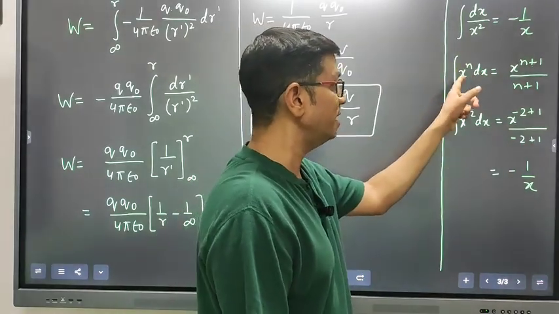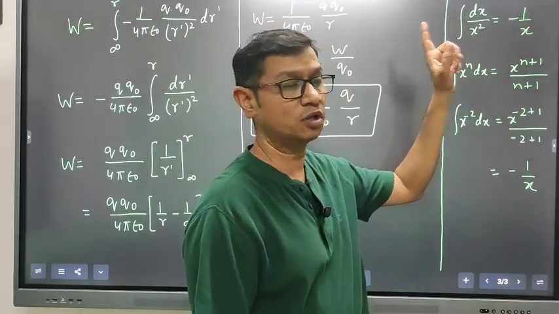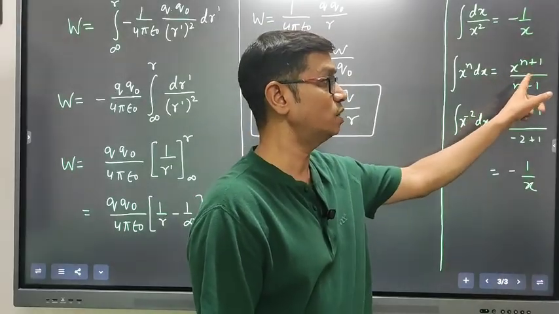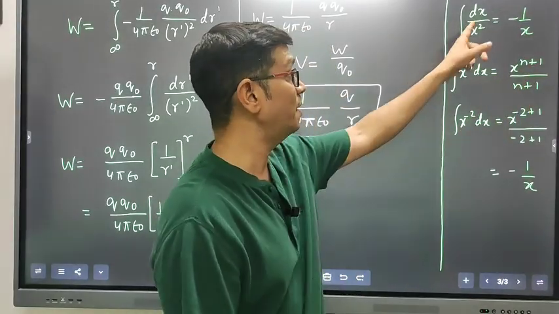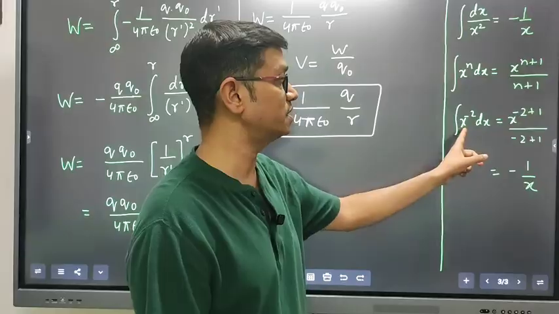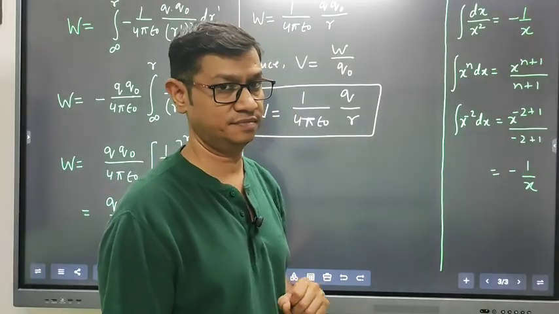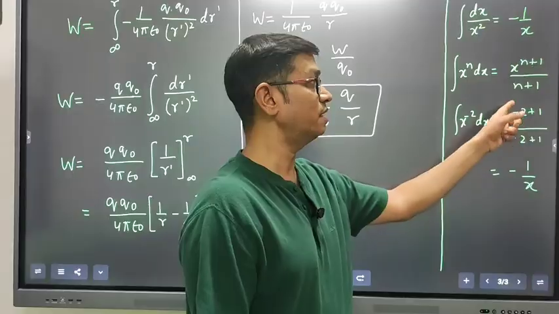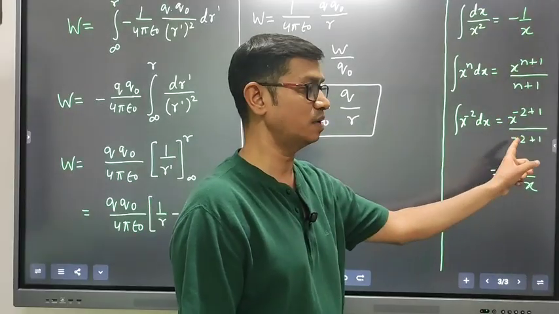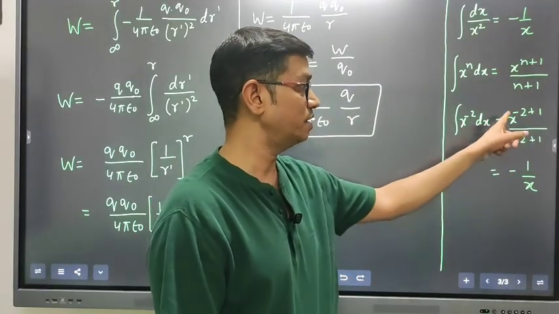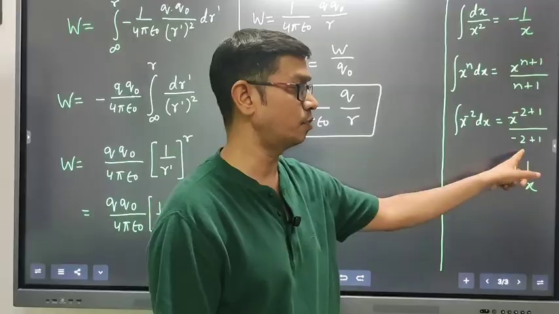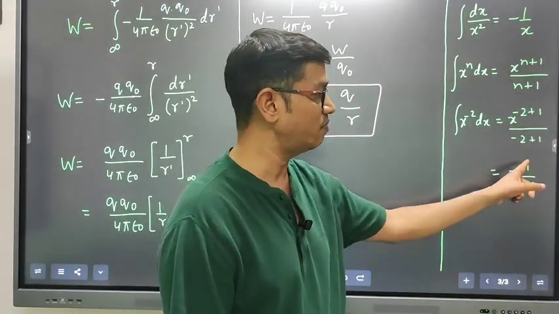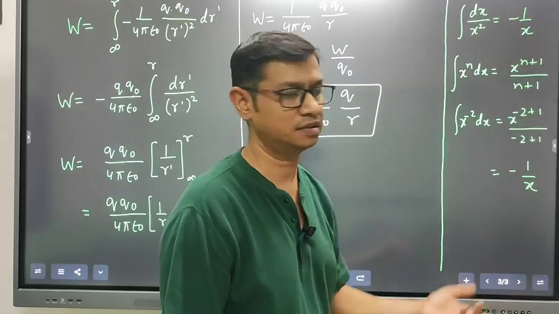कैसे, integration xⁿ dx होता है, recall the formula, integration xⁿ dx होता है xⁿ⁺¹ upon n+1, तो यहाँ पे dx upon x² का मतलब इसको लिख सकते हैं x⁻² dx, पावर -2, तो क्या हो जाएगा xⁿ⁺¹, तो -2+1 अपॉन -2+1, तो मतलब ये x⁻¹ अपॉन -1, तो -1/x, x⁻¹ को मैंने 1/x लिख दिया बस, ठीक।